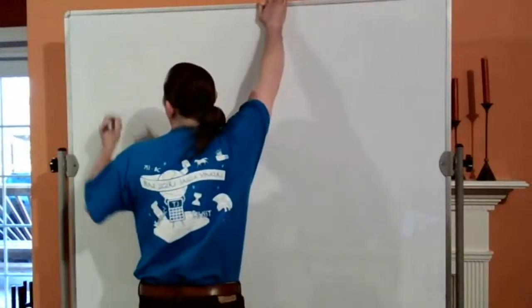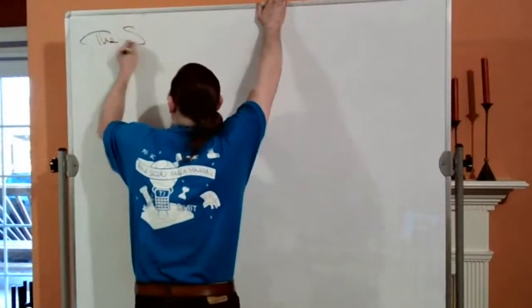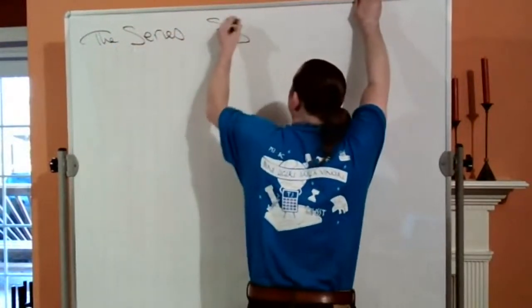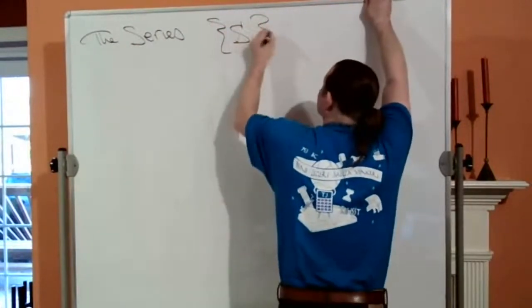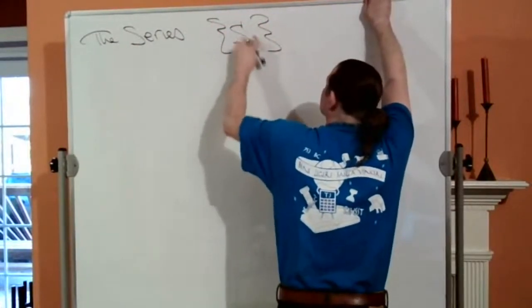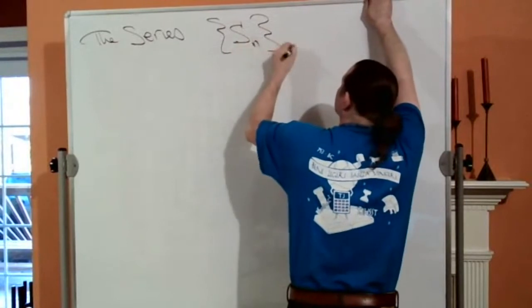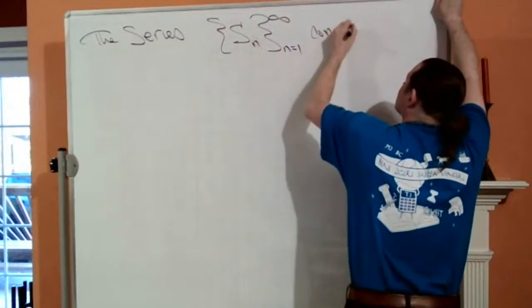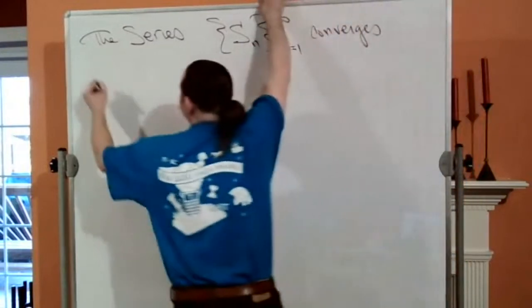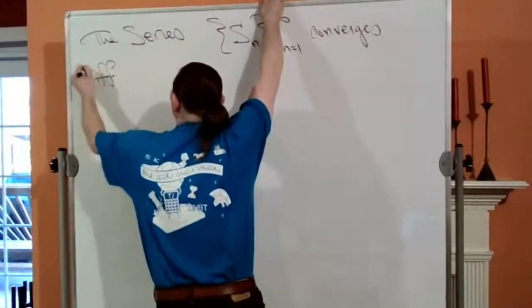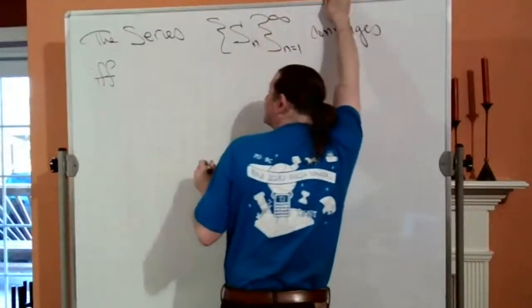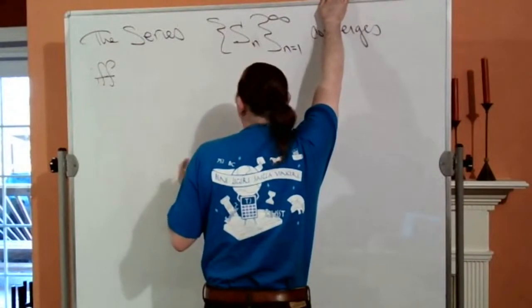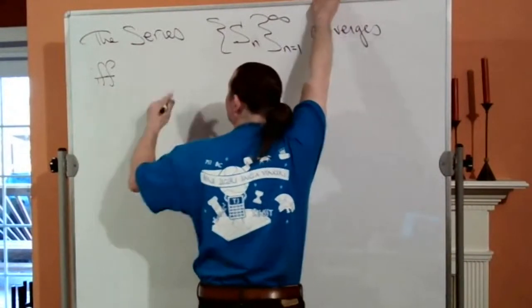All right, so let's suppose that we have a series Sn. Cauchy's convergence criterion states that this series converges if and only if